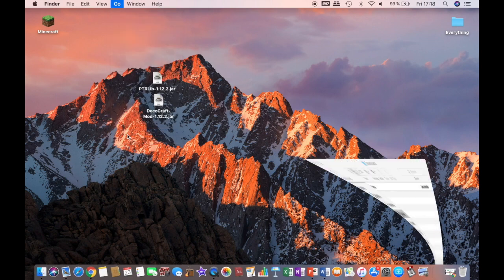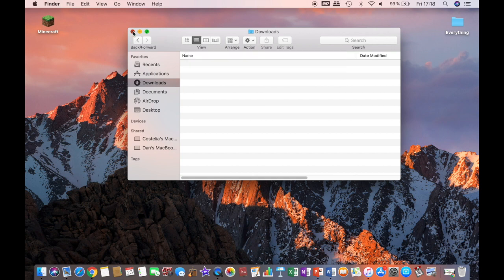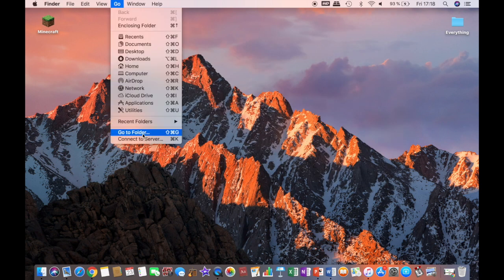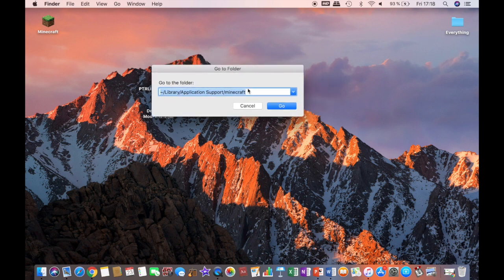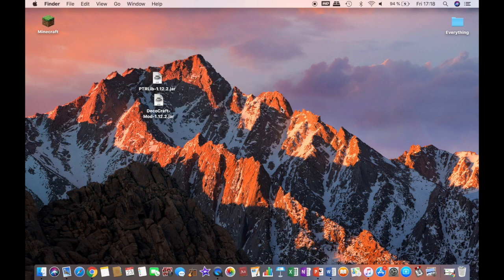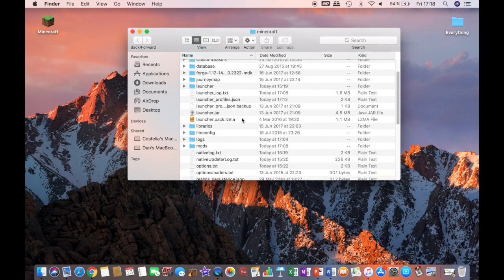Click on Go to Folder. Wait, let me just... So do this again, go to Folder, and this will appear. So write this exact thing in your search engine. I'm gonna wait. Okay, once you have, so make sure there's this squiggly line thing. Okay, and then you click Go, and it will lead you to the Minecraft folder where you should look for